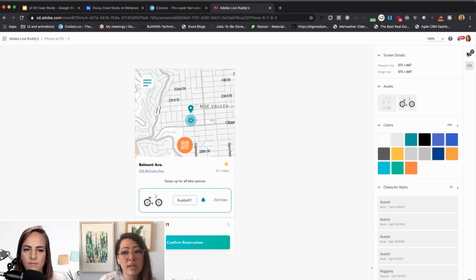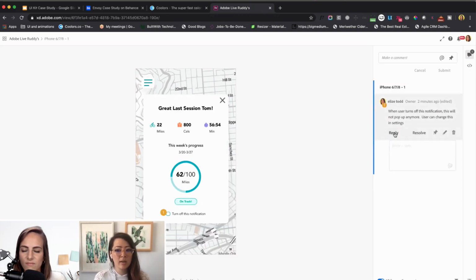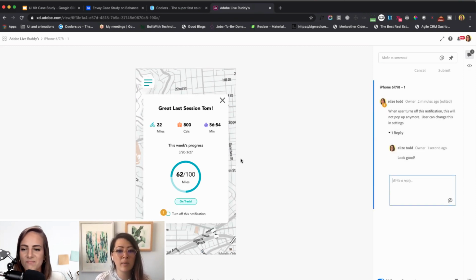Also, this is not just for developers. You can use a whole new link for your stakeholders or other team members to start writing comments into your screens. Like, hey, I don't like this color. What does this mean? I don't get it. You can really have conversations all within here. You can comment back, like, looks good, right? This is a great way to interact with your team, so it's multi-purpose and really important in the process.